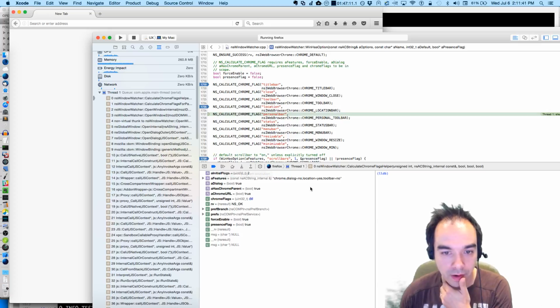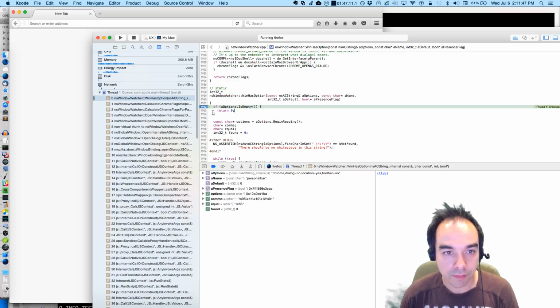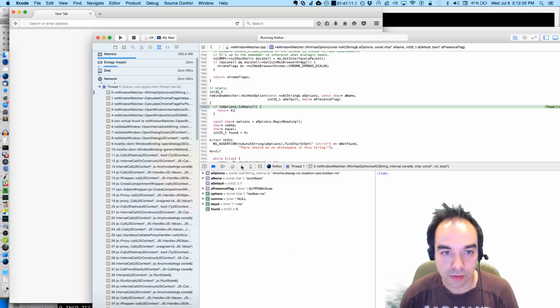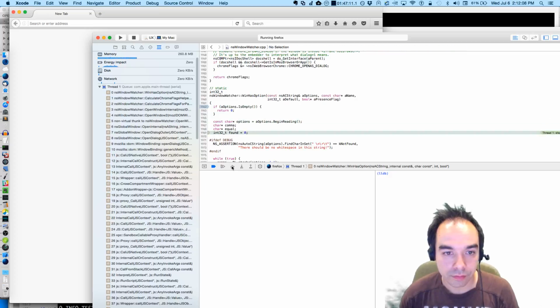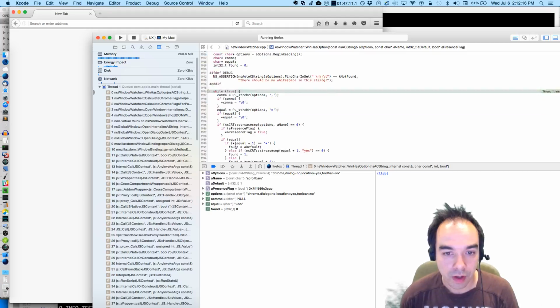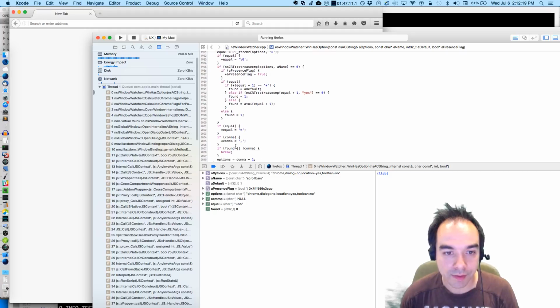Personal bar. Are any of the other ones Chrome dialog minimize? Okay. So I'm going to go forward, disable this breakpoint until we hit the scroll bar one. Now I'm going to re-enable that breakpoint, or I'm going to step in. So, do you have scroll bars? And it's going to find that it never finds it.